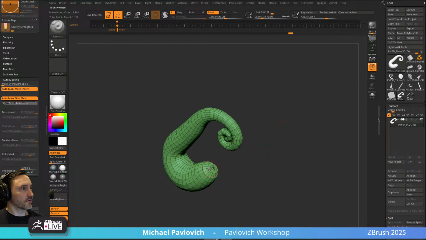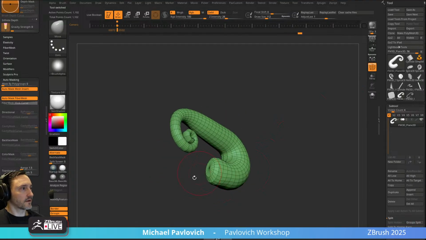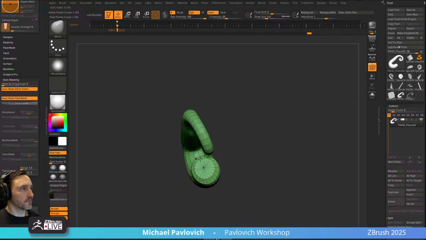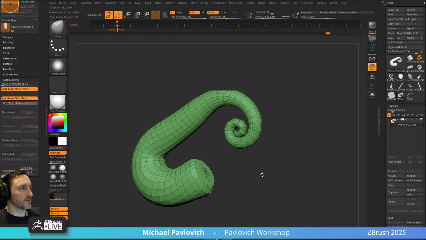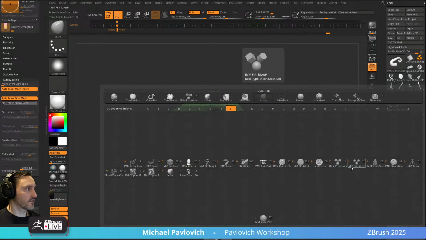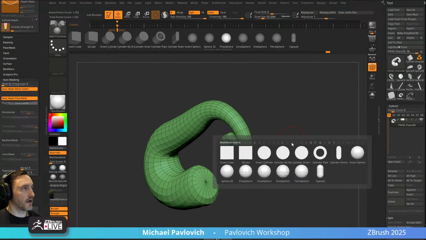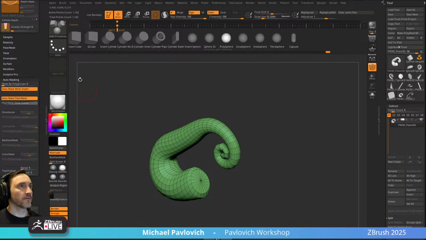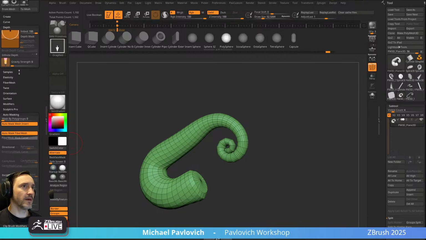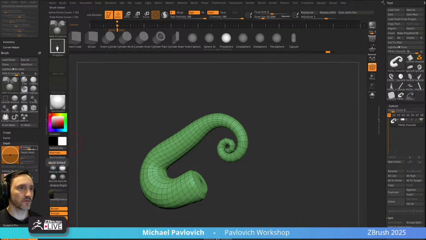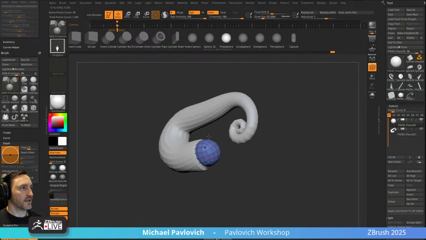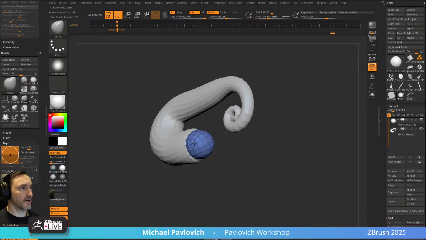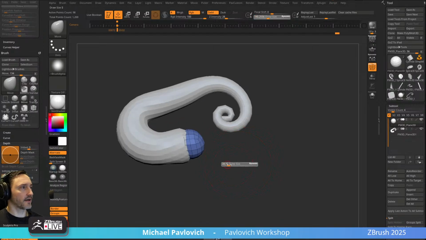So first, I'm going to go through here. Let's scale this out. Let's mush this out. Hold down shift and smooth and let go of shift so it maintains our volumes. We want to stuff a little guy in there. So again, B I M, brush, insert IMM primitives, not with H. We'll grab a little polysphere. We're going to switch this back to drag rect, so we can just drag this out. And if you want it to be embedded a little more by default, we'll take this embed and say 0. So now when I drag out, it'll be stuck halfway in there. We'll say split mask points. So now we have a little tentacle face guy we can start